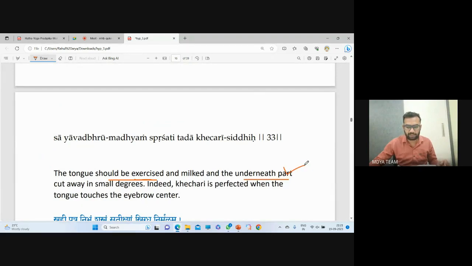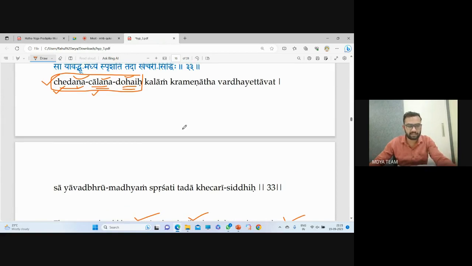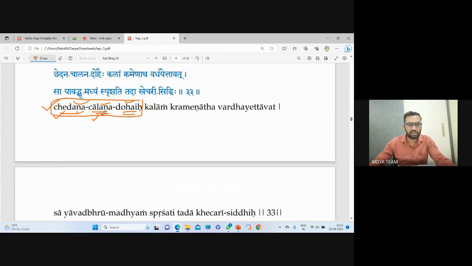It is Chedan, it is Chalan, and milk. It is Dohan. Okay. And next is छेदन चालन दोहन कलाम कर्मेणाथ वर्धयेत्